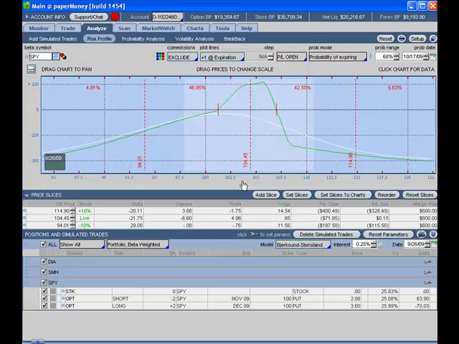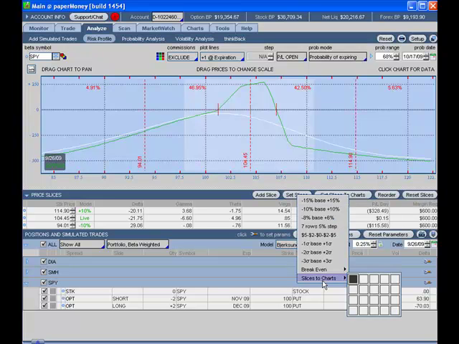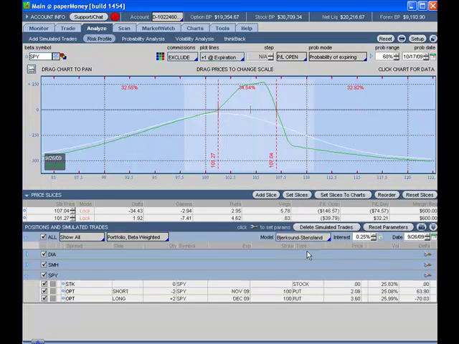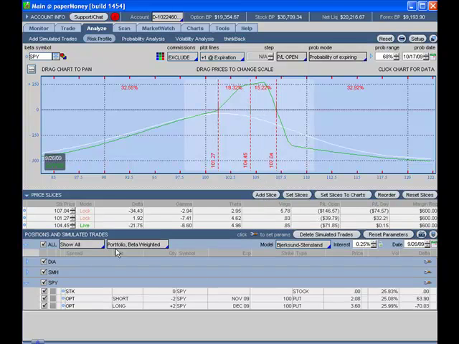So we see that our range of profit right now is right in between 101.27 and about 107. In fact, if I do my set slices, I can do a set slices to break even on the October expiration, and we see that we have a range of profit between 101.27 and 107.04. Now the other thing that I can do is I can look at my current price, which is right in the center, so I can go ahead and add a slice that is my current position,